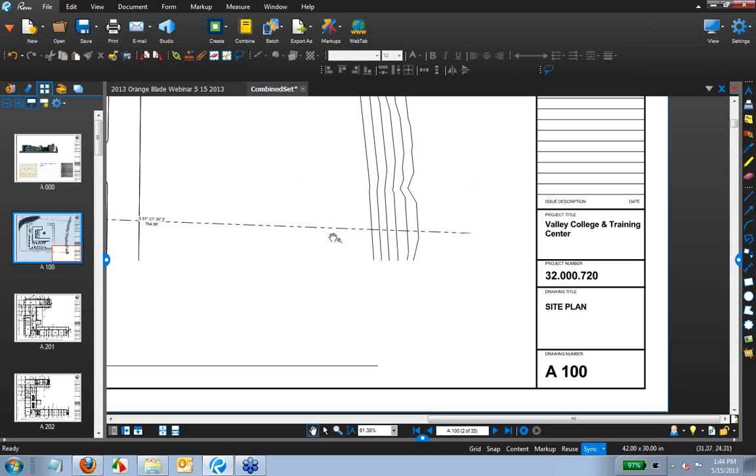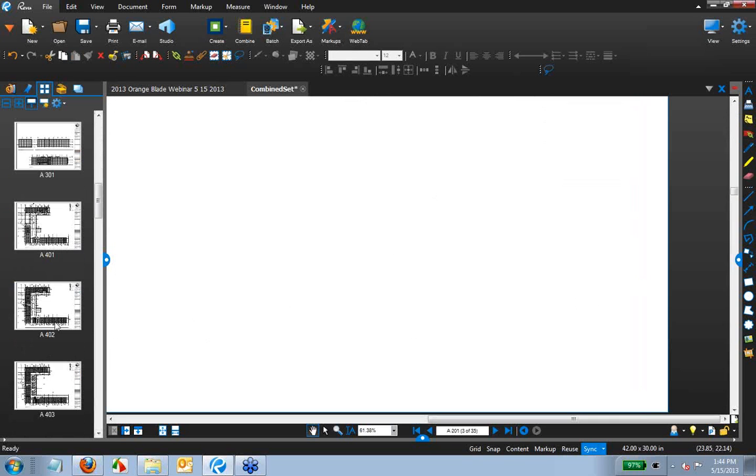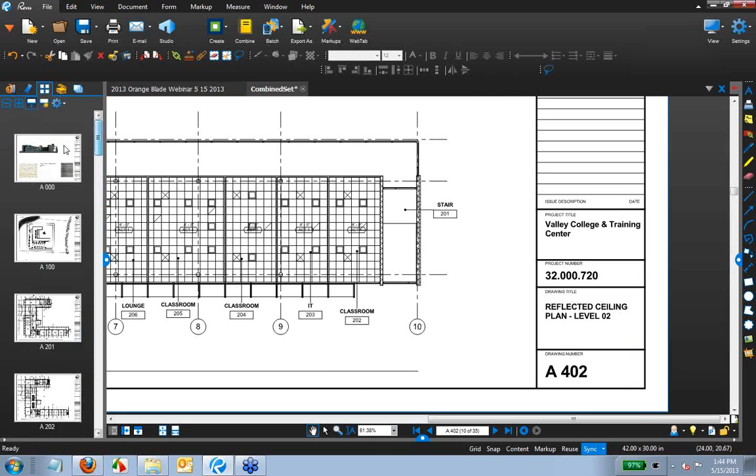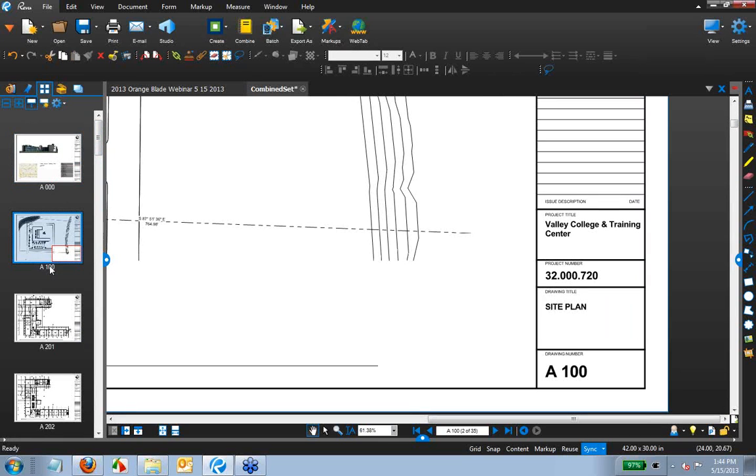Now, all those pages have been renumbered, or relabeled that is, with the actual number on the title block. And that took all of 3 seconds. I remember many late nights having to double-click in here and rename each and every one of these one by one. So hopefully this new feature with 11 will help save some time for you when you're trying to organize